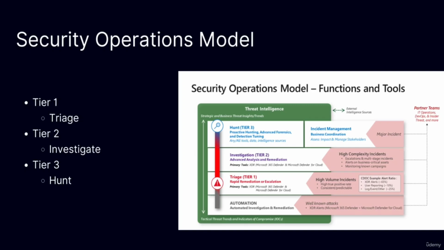Then you have tier one, the tier where you are doing triage. In this case, they focus on rapid remediation of high volume or well known incidents that require very quick resolution. This tier is often tasked with approved automation type tasks, which are remediation of known types of attacks. So again, if we look at the previous example,